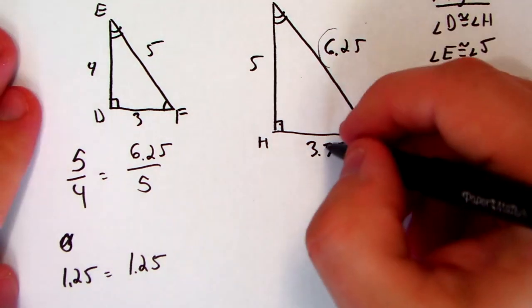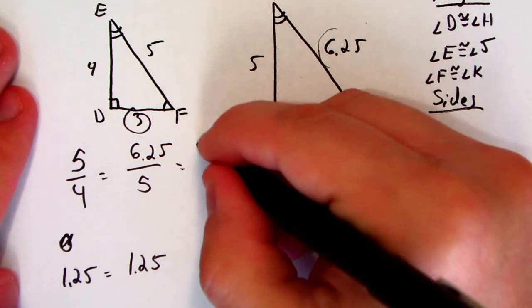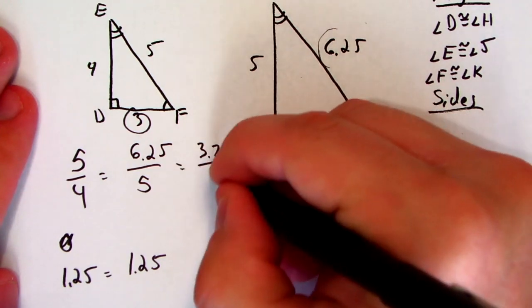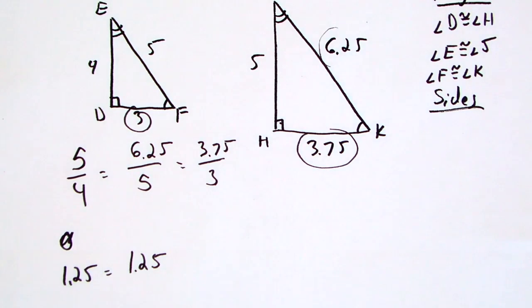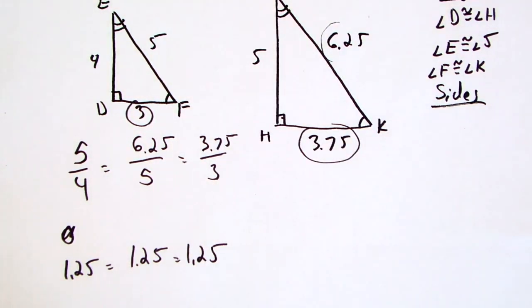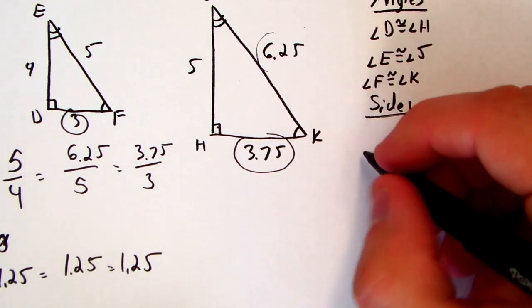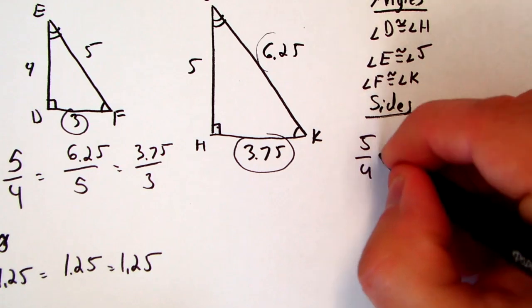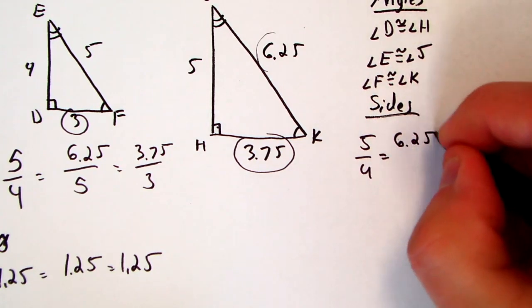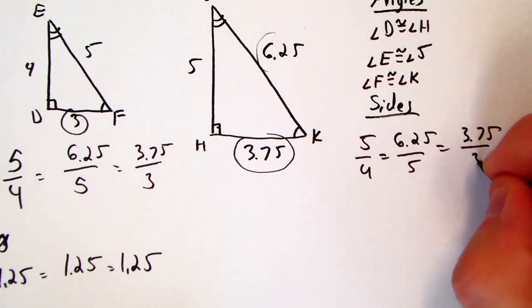And then the last one we want to check is here. So we want to see if 3.75 divided by 3 is also the same. And it turns out that it is. So we would say that 5 over 4 is equal to 6.25 over 5, which is equal to 3.75 over 3. So yes,